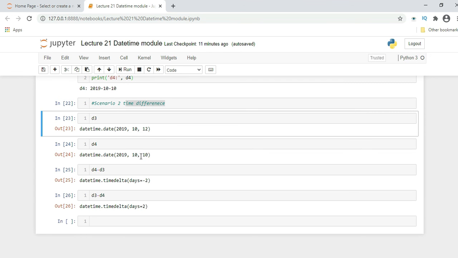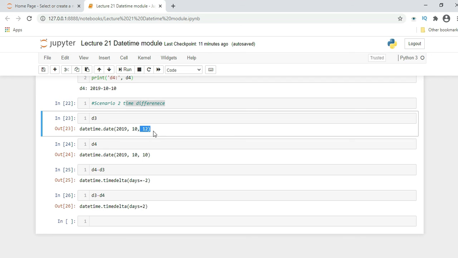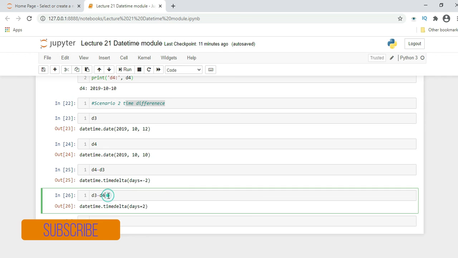Now we are subtracting the higher value from the lower value. In the day, 10 minus 12, it is returning minus 2. Now if we do 12 minus 10, then it is giving a difference in days. So there is a difference of 2 days plus, and here is 2 days minus.